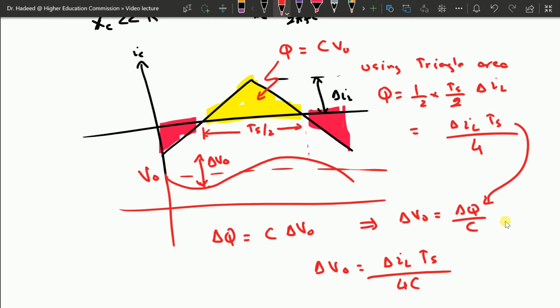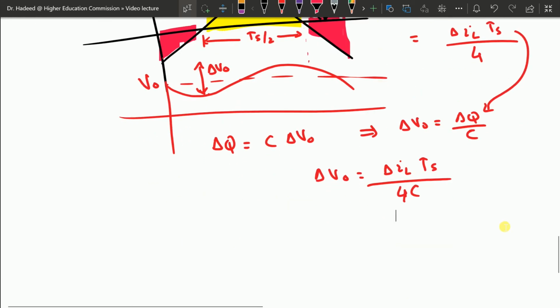In some books it is equal to 8C, but for those books you should notice that this is not delta IL; rather they have taken this as half of delta IL. When I put delta IL equal to half of delta IL, this becomes 8. So there is no discrepancy between the theory that I have presented here and the majority of the textbooks. You need to ponder on where the author is taking the delta IL. If it is the peak ripple, it is delta IL. If it is the peak to peak ripple, we consider it half of delta IL. So this is how we see minor changes in the nomenclature of the books.